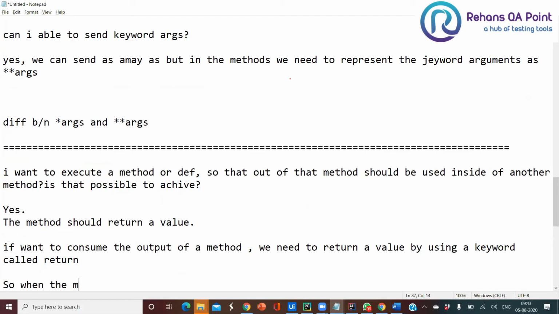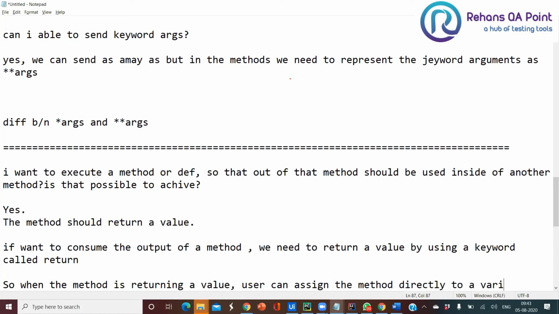When the method is returning a value, the user can assign the method call directly to a variable, because the output of that method is going to be stored inside this variable.